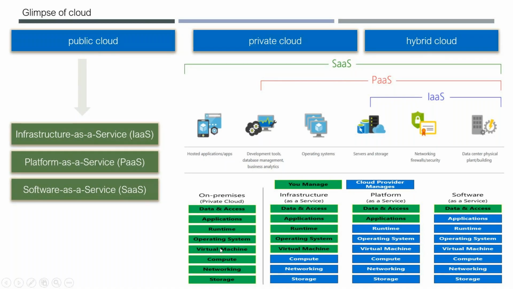And then if you are using VMware, etc., you will have VMware installed on your servers so that you can create virtual machines. Obviously, you need to have operating system licenses bought in advance, and the runtime, applications, and data access related to your development teams. If you are using .NET, then you need a .NET runtime, right? If you are using Java, you need a Java runtime, like your Java SDK or Apache Tomcat, etc. And applications developed by you. And data and access, it's about databases. These are all the things that are available in your data center for any given application, isn't it?